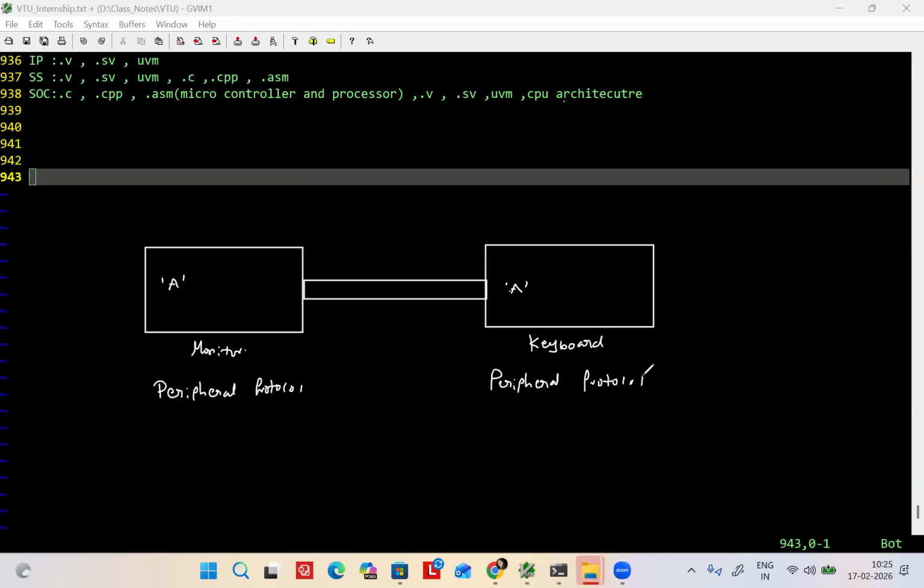From the keyboard it goes directly to the monitor, or via a wire it goes. Then what do you call this one? Bus. So in protocols, one is the bus protocol and one is called the peripheral protocol.